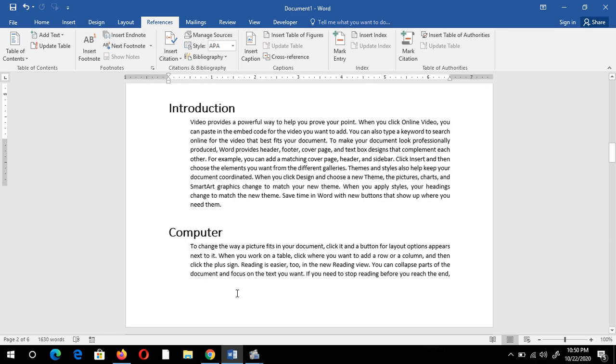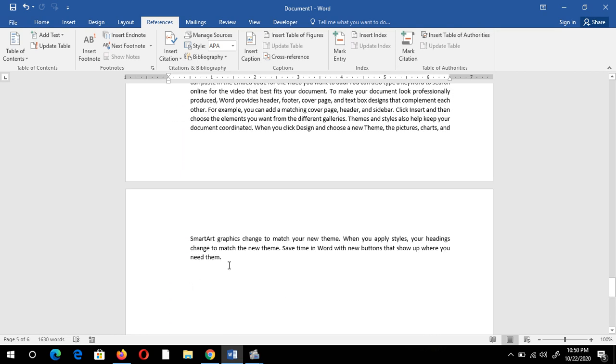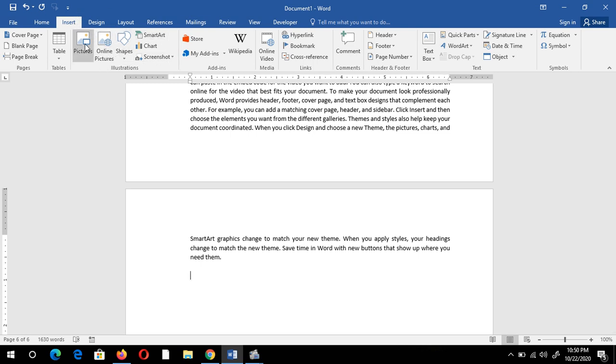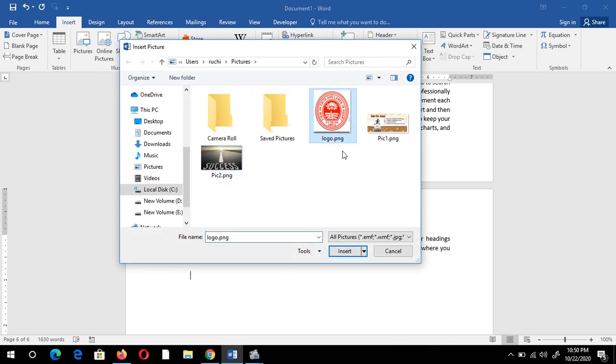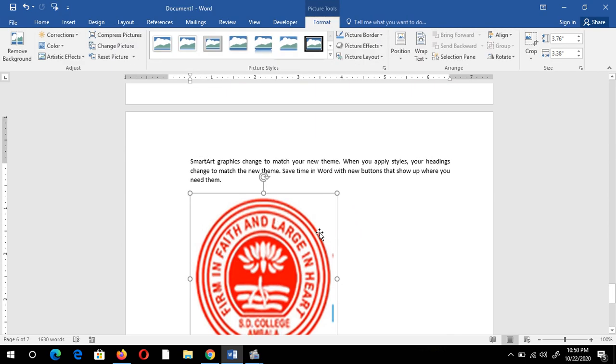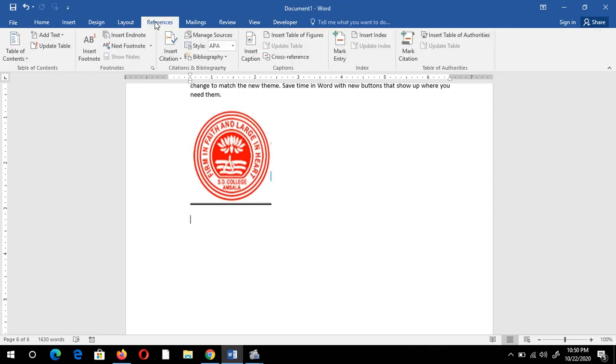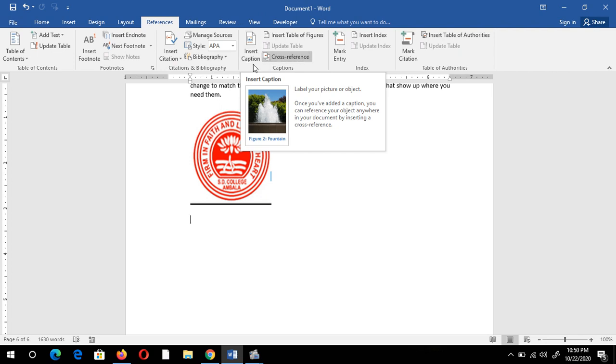Now suppose I want to insert a picture in my book. So I just add a picture, and I want to write some caption under this picture. I have a group called caption, and I can insert a caption under my diagram or logo.